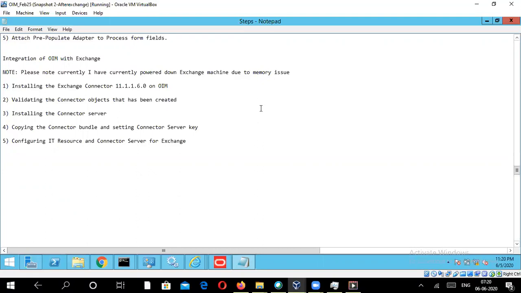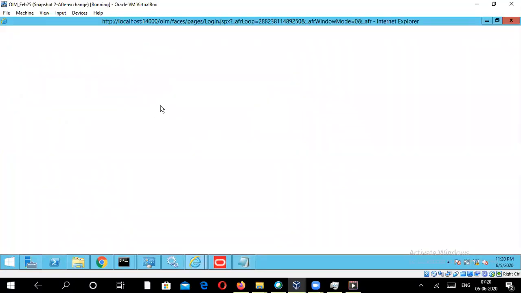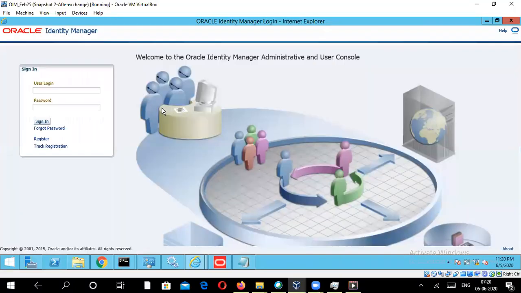Now let's go to the admin console. The IT resource, as I said, hosts all the connectivity parameters, so that OM knows which endpoint it has to communicate with. It basically has the host name parameters, the username, password, the IP address, and so on.